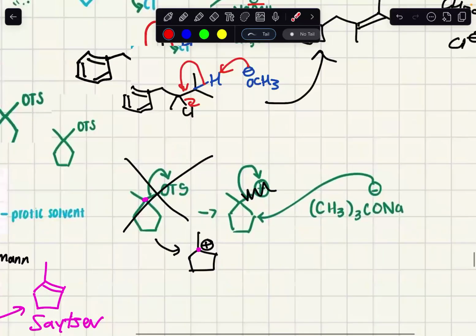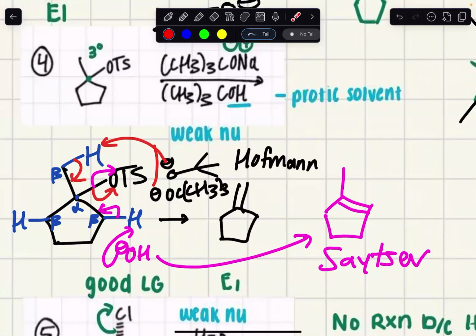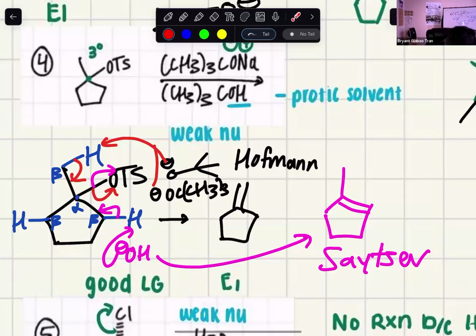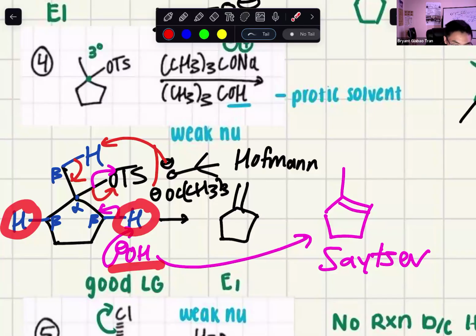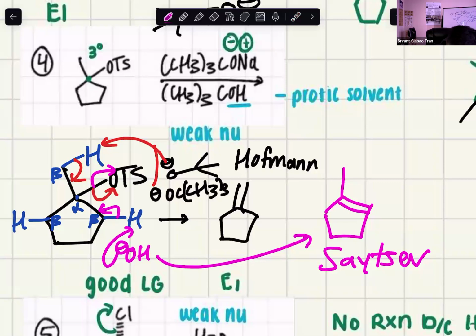Okay, that makes sense. And if we were to do Zaitsev? Yep. How would that work again? Yeah, so Zaitsev would be using a small base, so we would want to get the most substituted H. So it could have been this hydrogen or this hydrogen. When the small base grabs that most substituted beta H, forming in this case water if we use OH minus, the bond between the H being grabbed and that beta carbon breaks to make a double bond between the alpha carbon and beta carbon, and then kicks out the leaving group